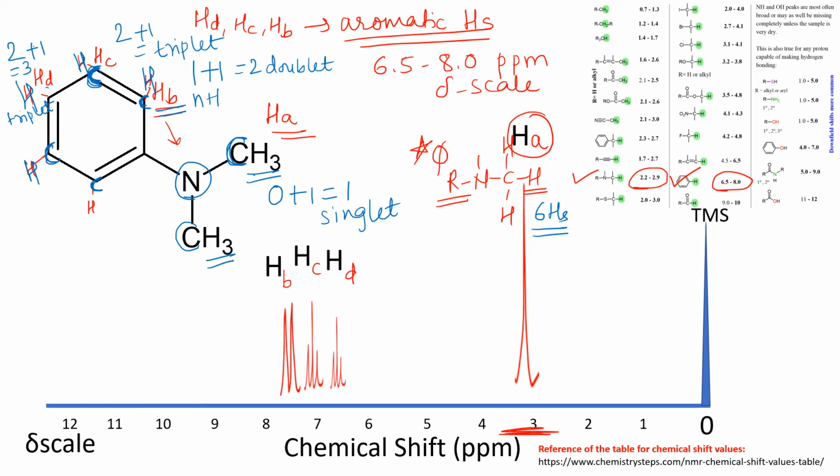So this is the 1H NMR spectrum for the given chemical structure. And you should see that I have shown the height of the HD peak a little shorter because it represents only one hydrogen. HB and HC represent two hydrogens, and the longest one represents 6 hydrogens. That's it about this structure. Let us move on to the last structure of the video.